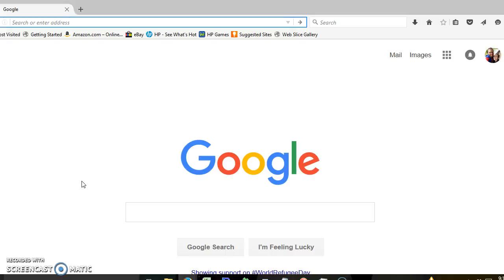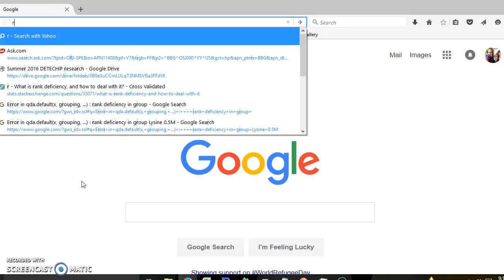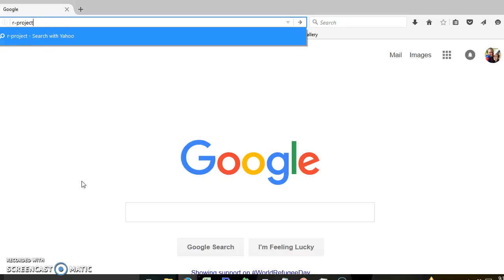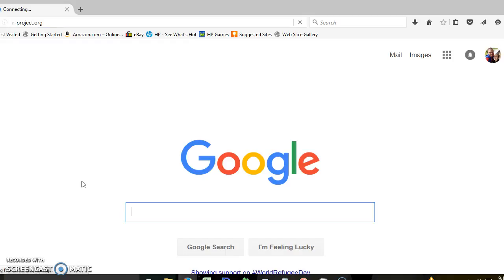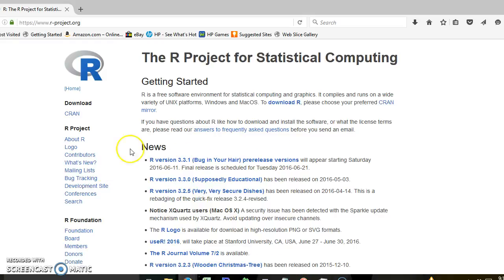Some of these steps will be similar if you have a Macintosh or a Linux system, so just be aware of the differences, and I'll try to locate where those differences will arise as we go through this one. So we're going to start by going to the rproject.org. You can also find this by just Googling R as well, or R statistics. So here is the home page